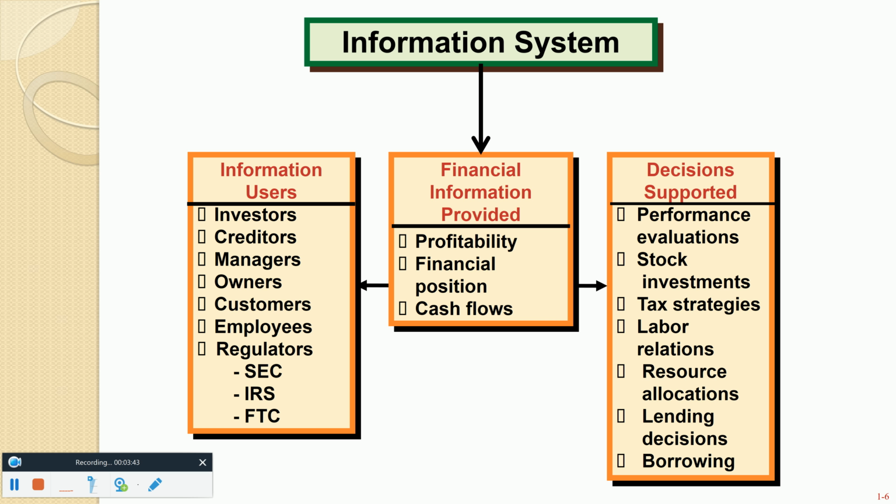Managers, a lot of internal managers within the company, get to use the financial information to make decisions. As an example, maybe the head of HR is going to make a decision whether we should hire more people. Maybe the production plant is going to decide, should we produce more or should we cut back on production based on how well sales have been in certain areas. Owners of the company, customers, even customers might want to take a peek at the financial records to see how healthy the organization is.